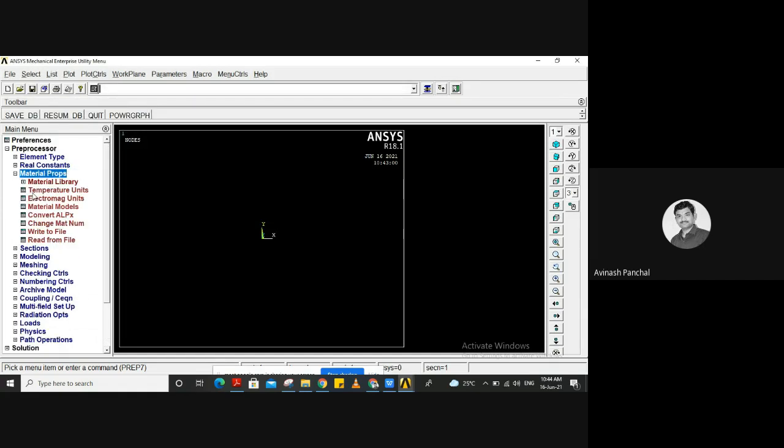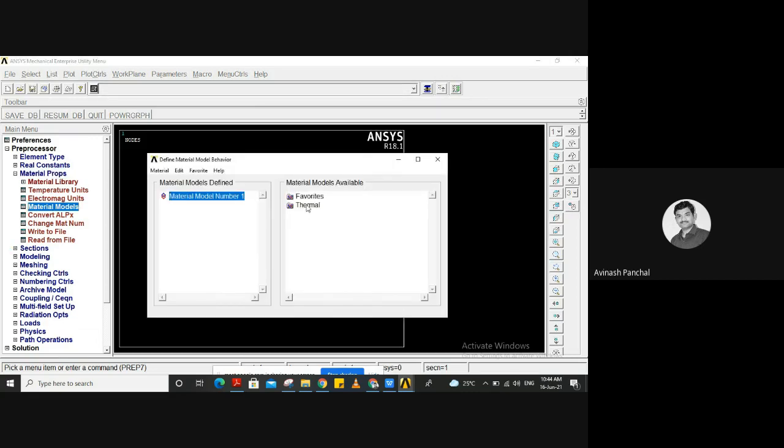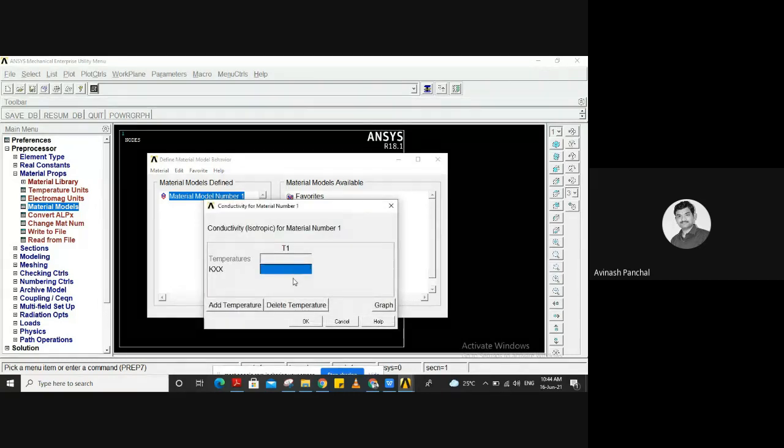So go to material properties, material models, thermal conductivity, isotropic. So we know the thermal conductivity is equal to 10 watt per meter degree Celsius. There is no need to change the units.